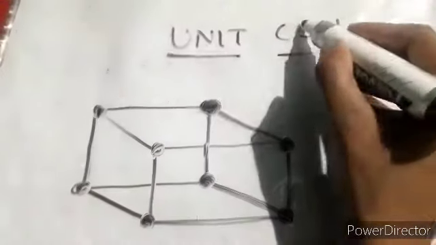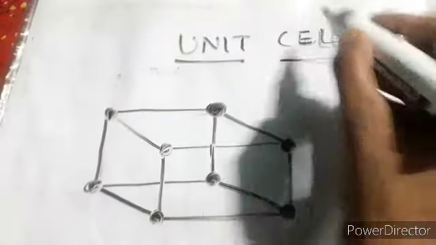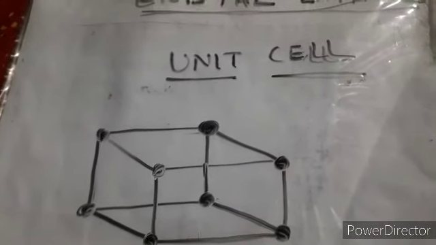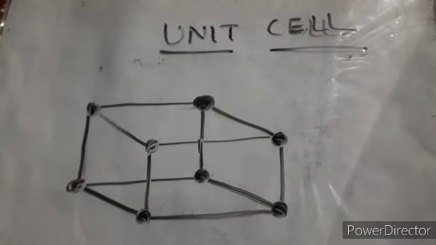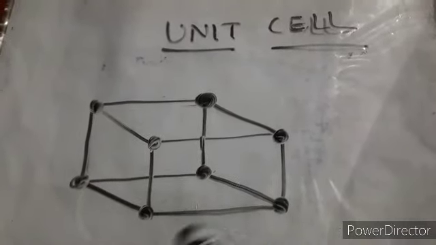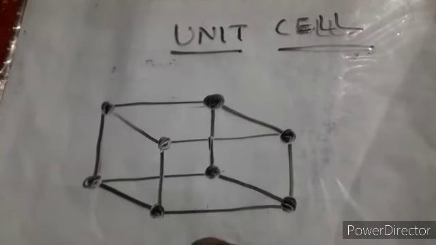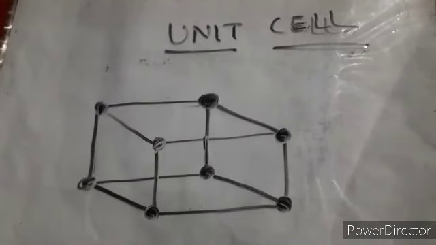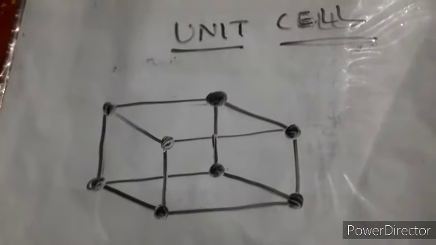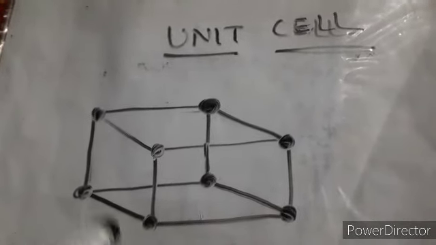In this cell, only unit cell, I'll teach you all the points in detail. Now what I have done, from the diagram which I have shown you previously, I took one box from there. That box is known as your unit cell. It shows the same geometry, same arrangements as you are seeing in your space lattice or in your lattice.